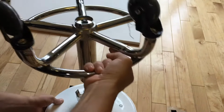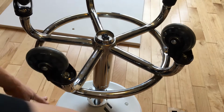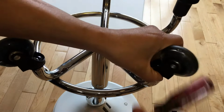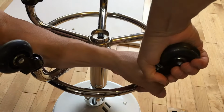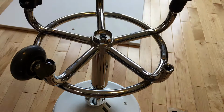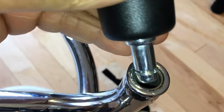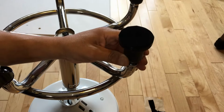Specification: product name, stationary nylon casters. Glide material, nylon steel. Color, black. Top, 2.4 width, 61 mm. Bottom, 2.2 width, 55 mm. Installation height, 22 mm. Stem size